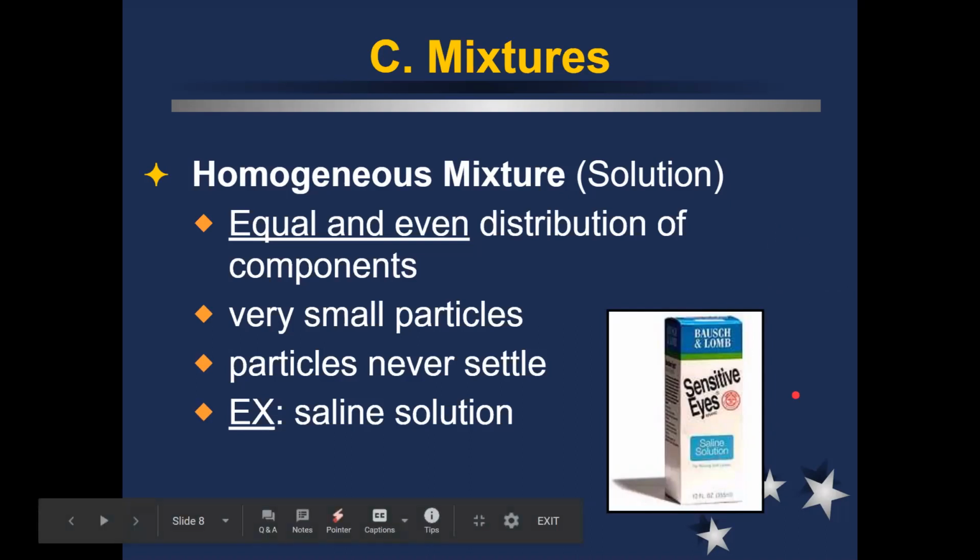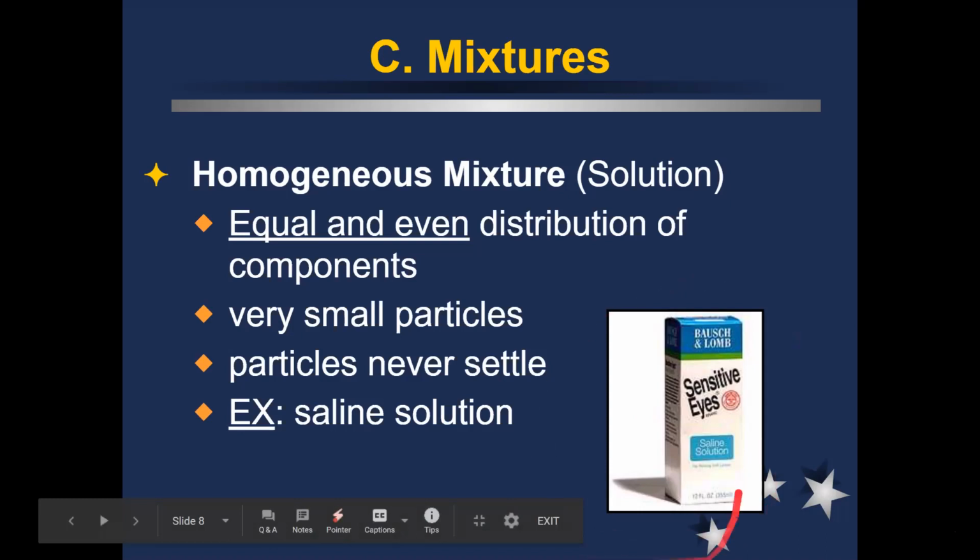So it's not a pure substance. It's got these different compounds in there, but each drop that comes out of the little dropper bottle of saline in here should be the exact same as the previous drop, right? If you're putting these in your eyes at different times of the day, you don't want there to be sometimes a lot of medicine in your drop and sometimes almost no medicine in your drop, and it just feels like you put water in your eye.